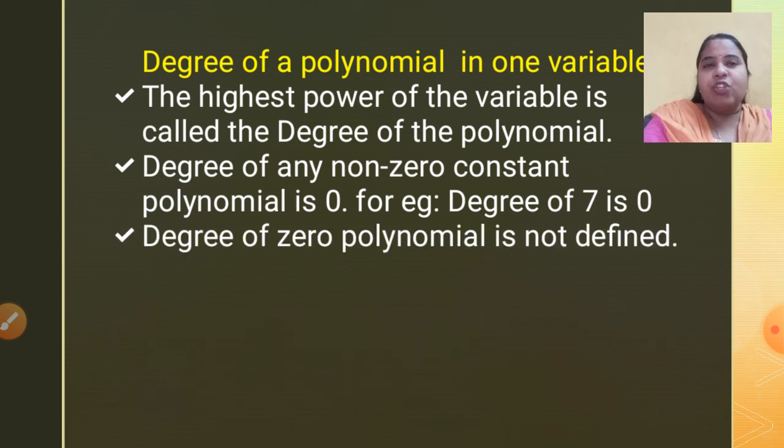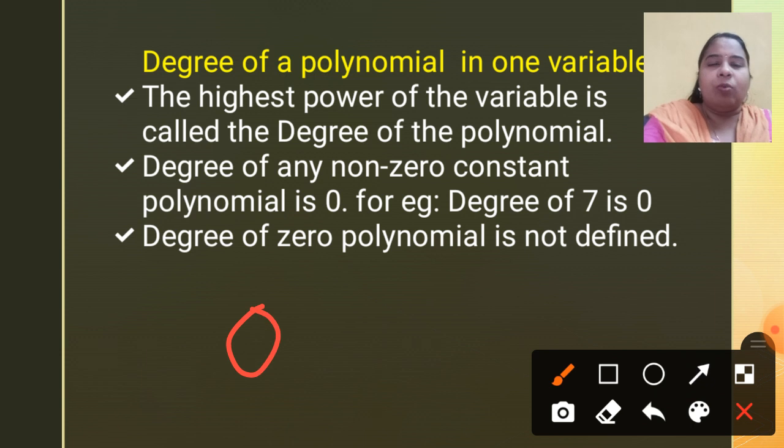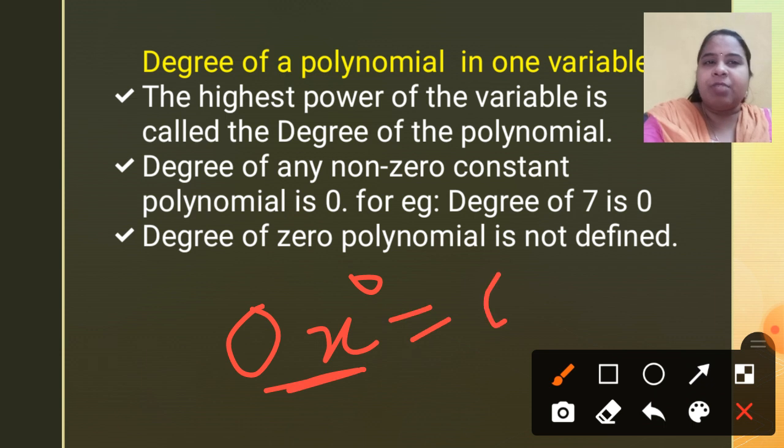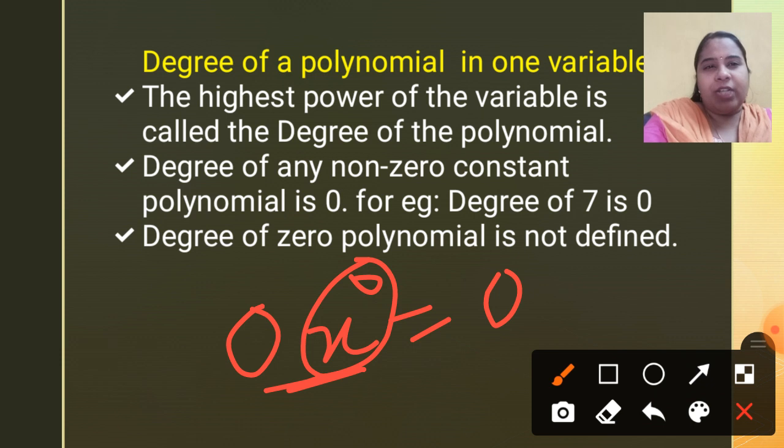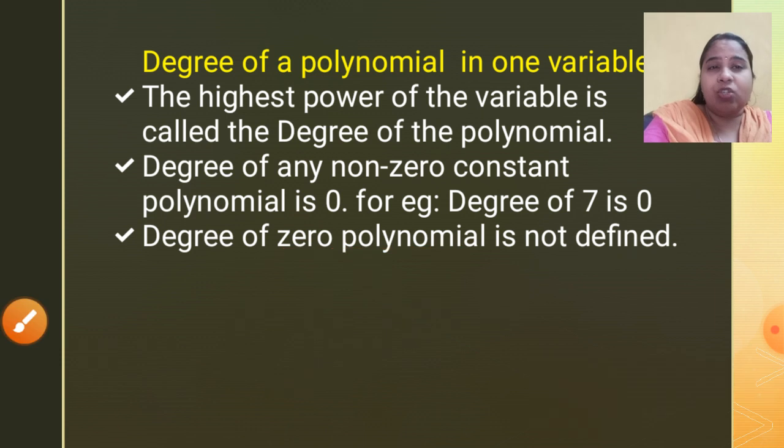Okay. Now, instead of giving you a number, if I simply ask you what is the degree of 0? Now, this cannot be written as x raised to 0. Why? Because any number multiplied by 0 again becomes 0. So, this will be invalid. It will not be true. So, that is the reason it is said that the degree of a zero polynomial is not defined. Do not get confused with these last 2 points.